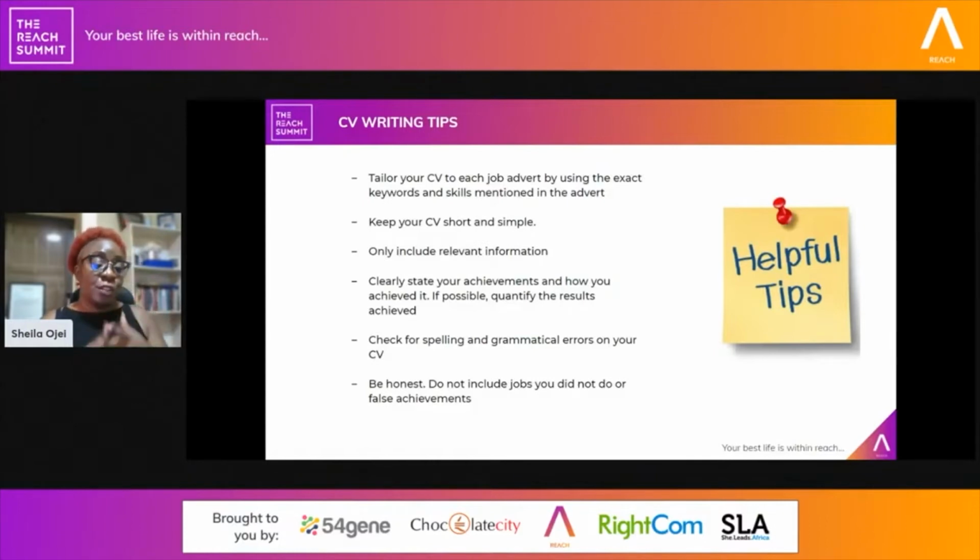So, task 1, summary of your career in not more than 3 sentences. So that is task 1. You don't have to fill it out now. It's something that you can fill out a bit later, but think about it. For task 1, what I would like you to do is fill out the summary of your career in not more than 3 sentences, and ensure it has the number of years of experience that you have, as well as the areas that you offer value